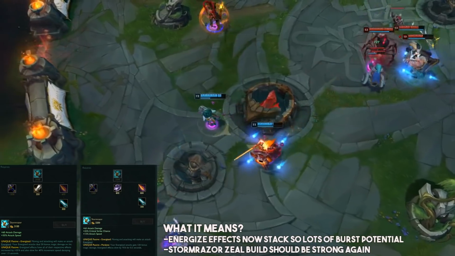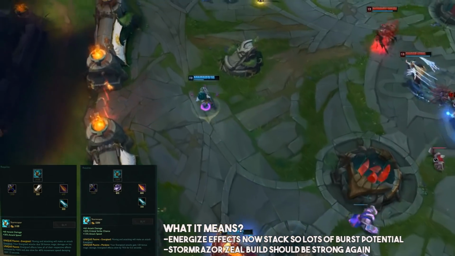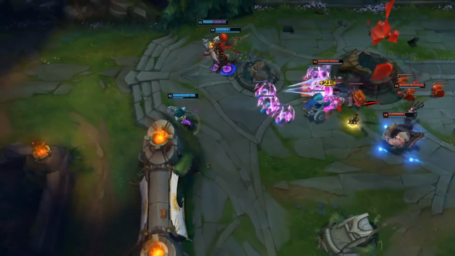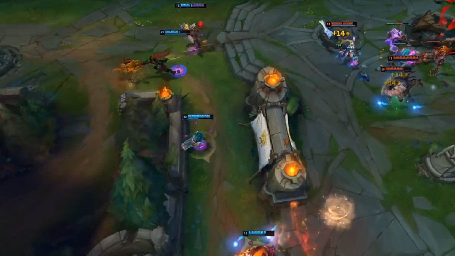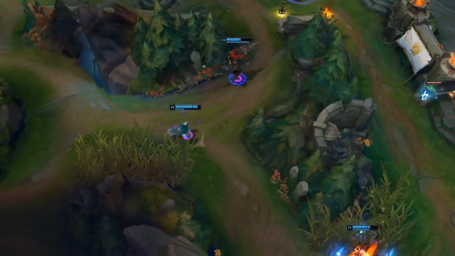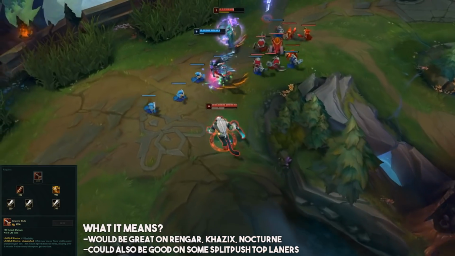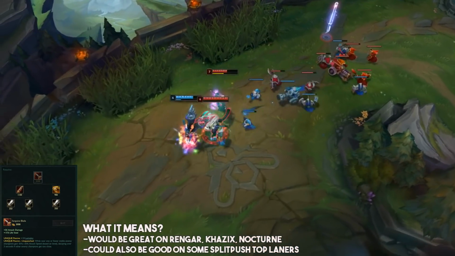But overall, I do think this does make the mid-game spikes of most AD carries a lot better. So if we move on to some of the lethality item changes now, there's actually 2 new lethality items being added to the game. The first one here is called Sanguine Blade. So this item is going to give you 50 AD, 15% lifesteal, 18 lethality, and then